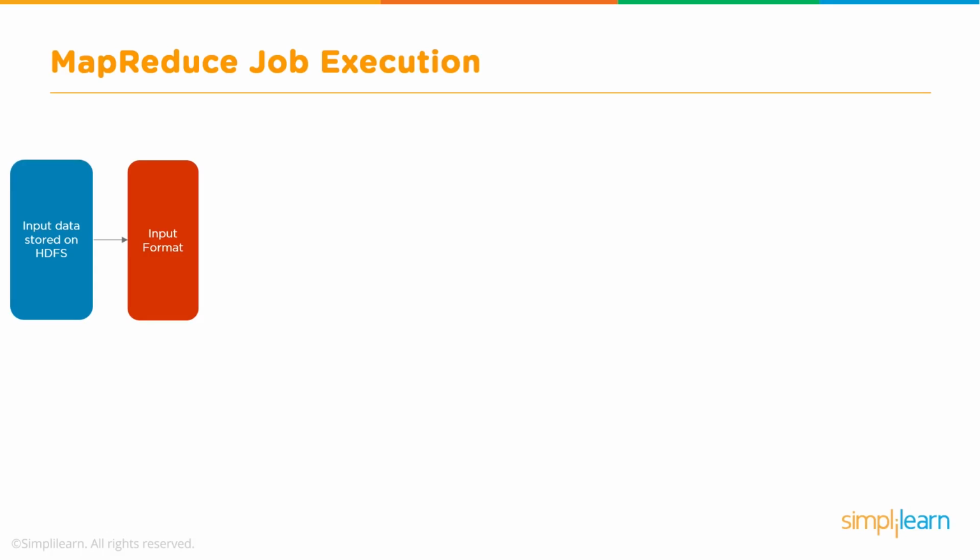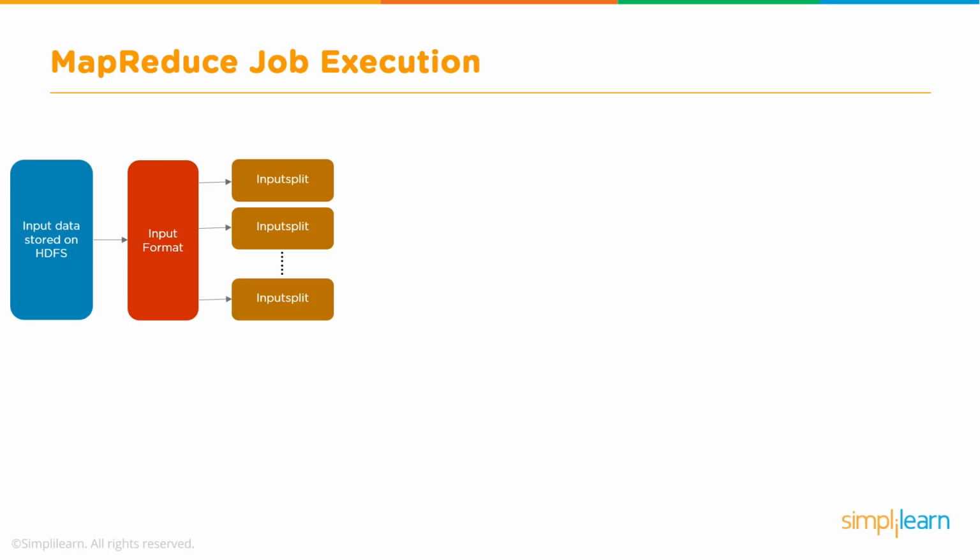Now you have key value format, you have binary format, and I'll share some links where you can read more about these input formats. So input format is specified, and based on the input format and the size of the file, your file is split into multiple chunks. Now, by default, the chunk size is equal to your block size, but that is also customizable. So if you're processing one file and it is bigger than the block size, say the default block size is 128 MB,